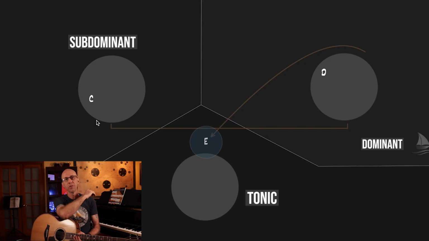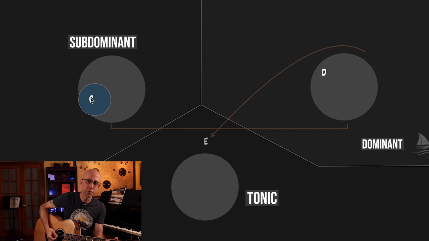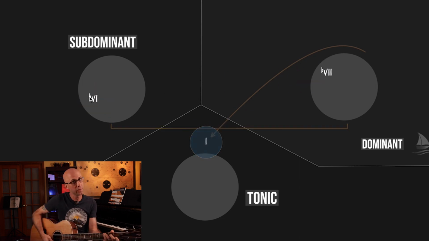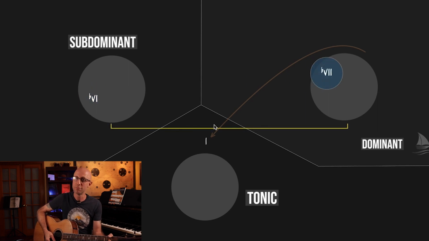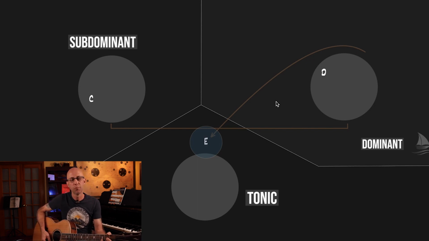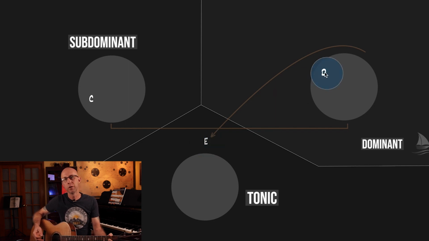We see the same sort of dominant use of this flat 7 in the intro and outro of that Beatles song With a Little Help from My Friends. So you have this C, D, flat 6, flat 7, 1. Again, now there's some extra context here which makes the flat 7, D in this case, more viable, more believable as a dominant chord.